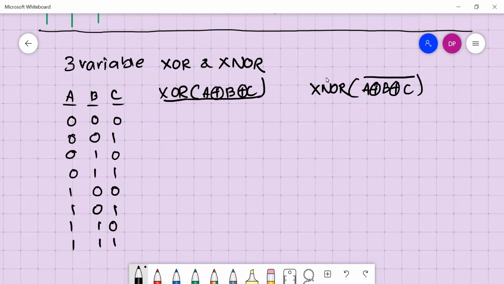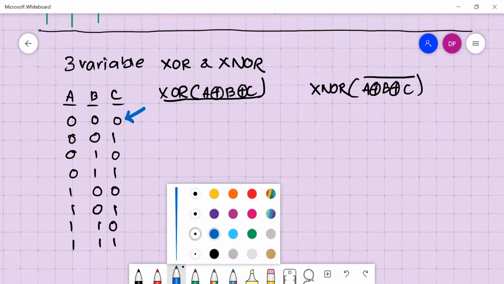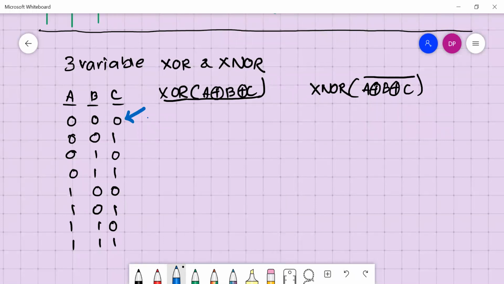So see here how to get the truth table. You have to see for odd number of ones. So in this set, how many ones are there? There are zero number of ones, zero means even, so you have to put a zero here.